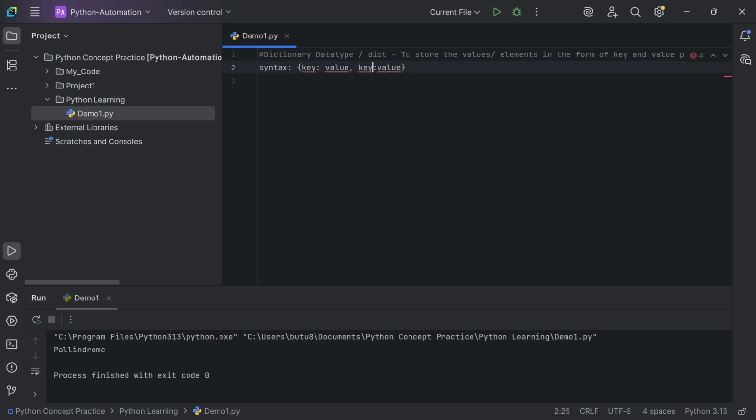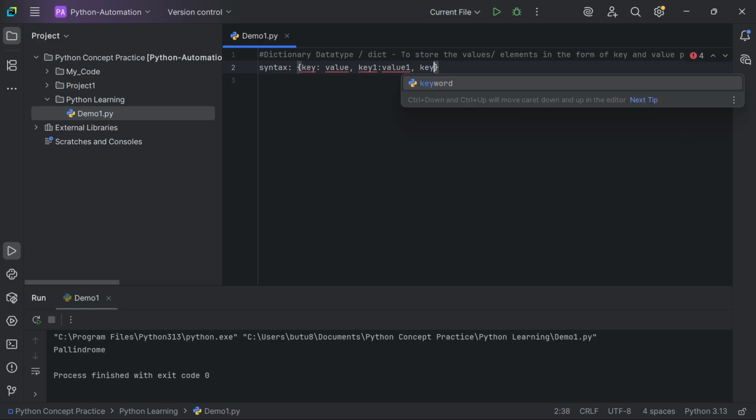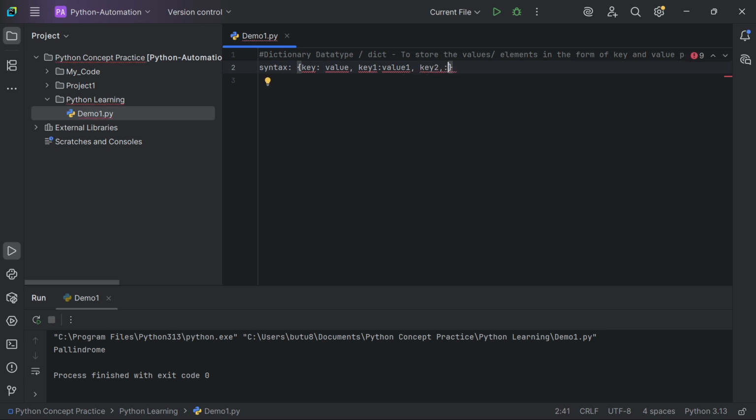Let me mention it: key 1 colon value 1, then key 2 colon value 2, dot, dot, dot. So like that. So this is the syntax. All right,